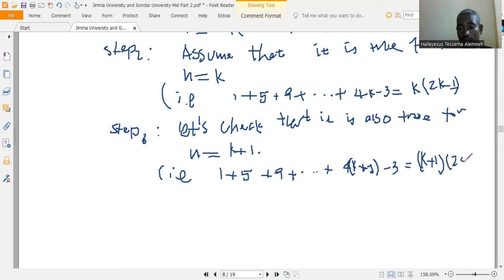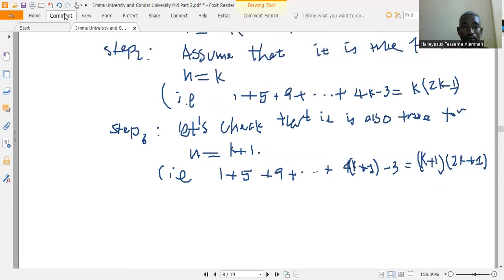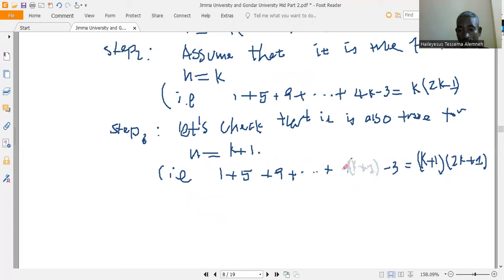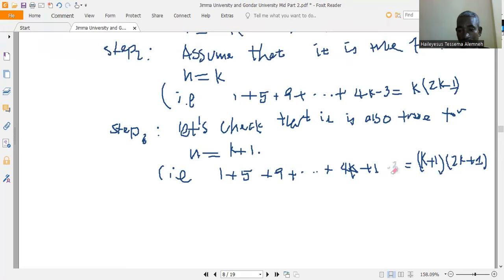2k, k ቦታ ላይ k plus 1 ስንጨምር 2k plus 2 ይሆናል, minus 1 ሲሆን plus 1 ይሆናል ማለት ነው። so for k plus 1, 4 times k plus 1 minus 3 which is 4k plus 1 ይሆናል ማለት ነው። next term ማለት ይሄ ነው, 4k plus 1። ይሄን ነው ማሳየት የምፈልገው።